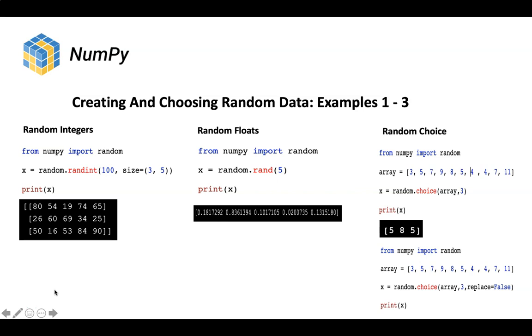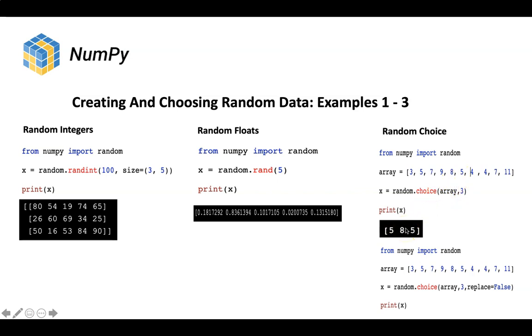So NumPy has a lot of capabilities for creating data arrays, particularly some very good random number creation functionality. Here it's created a random data array of numbers up to 100. It's 3 high by 5 long, and then you can generate random floats. So I'll give the command to generate 5 random floats. A float is a decimal point number, and then this command, random choice, is very useful. You have an array and then you ask it to take 3 numbers randomly from that array, and it picks